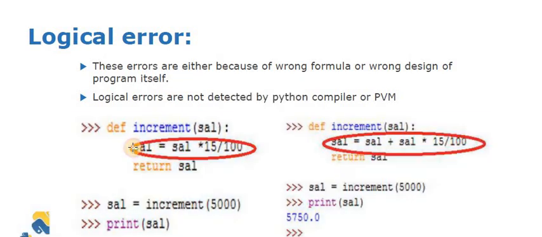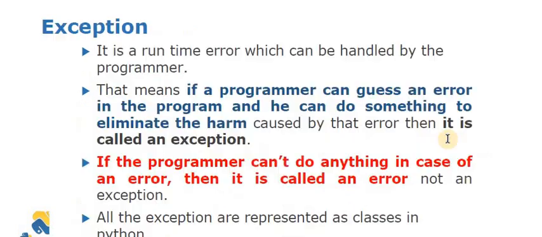Here you can see that sal is equal to sal multiply 15 divided 100. Here we are giving a particular format to the statement, meaning according to how we have to write it down, like salary is equal to sal plus sal multiply 15 by 100. So in this way we have to write it. If it is not according to the syntax, then obviously it will generate errors.